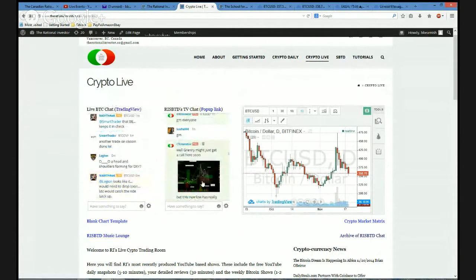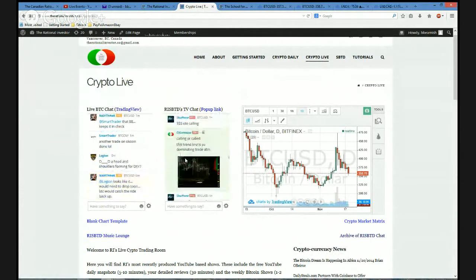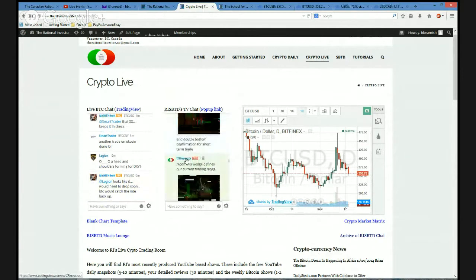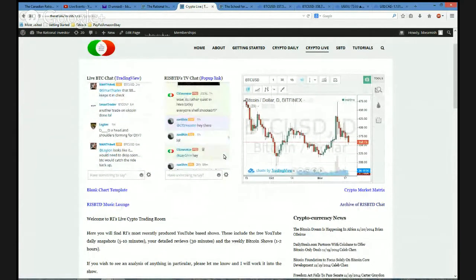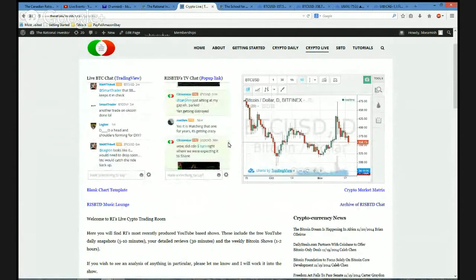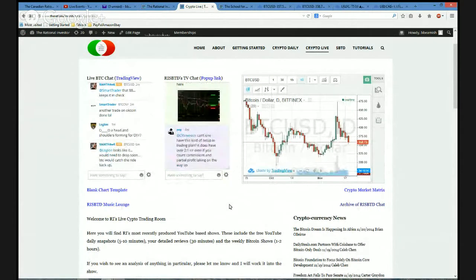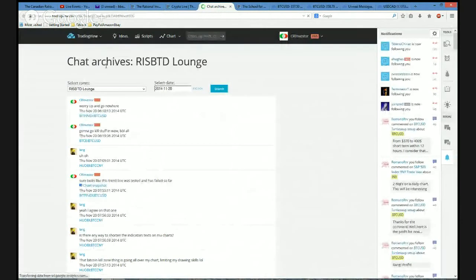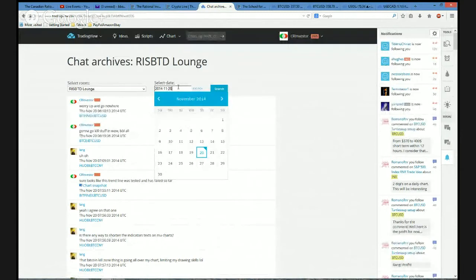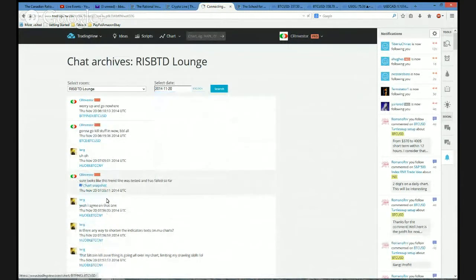Lots of really good interaction from all the different site members. We're a very interactive group. You can see how many charts I'm spitting up here. Every day is very, very active. And the great part about this is you can actually access this archive of chats, and you can look at any day of the week and pull down every single chart and every single comment that was made.